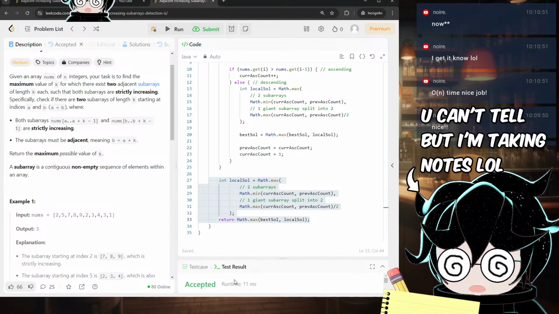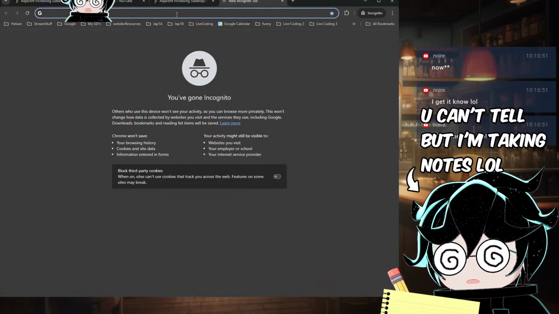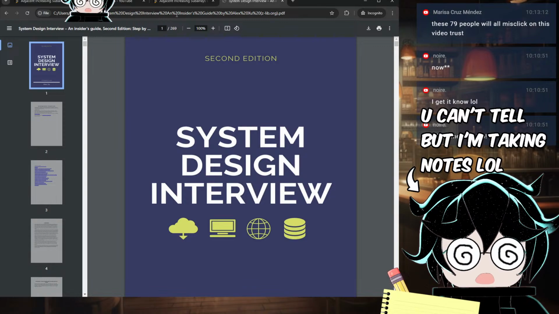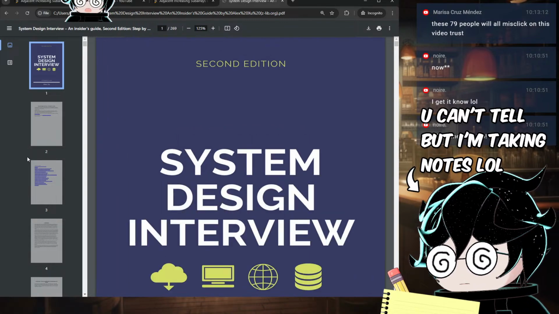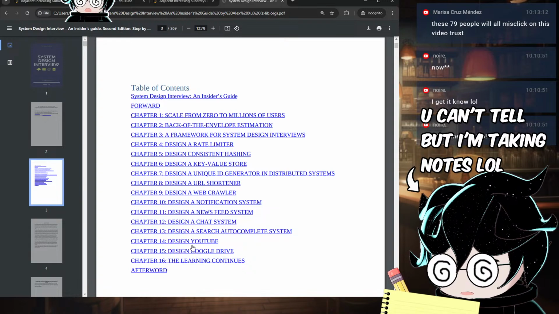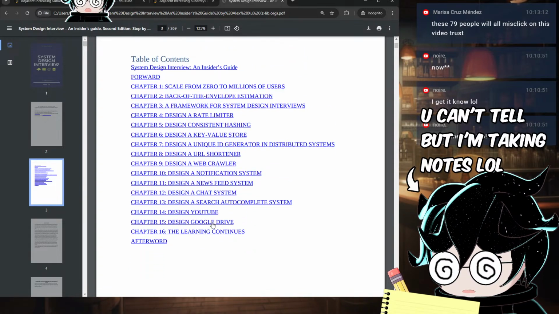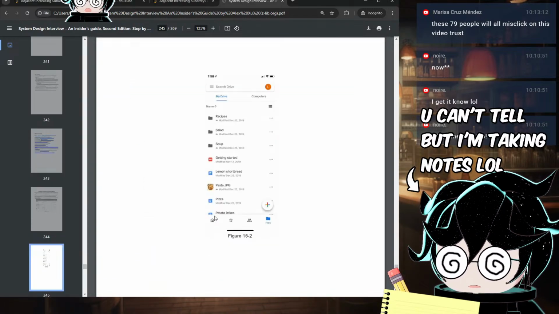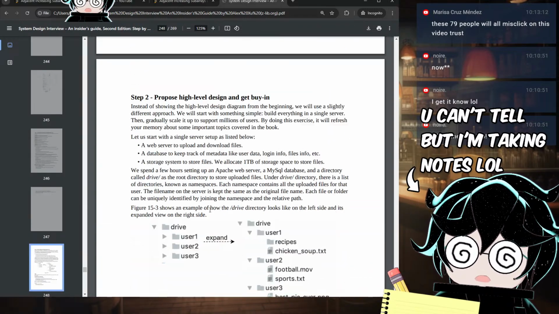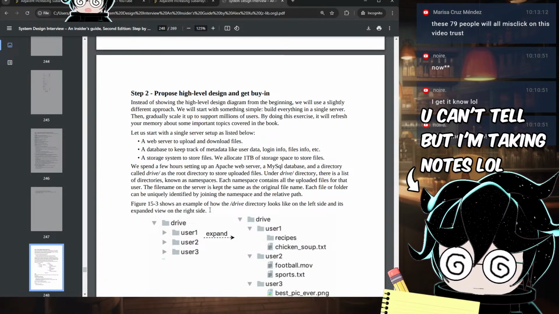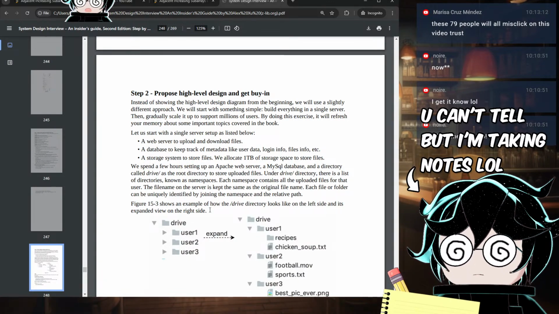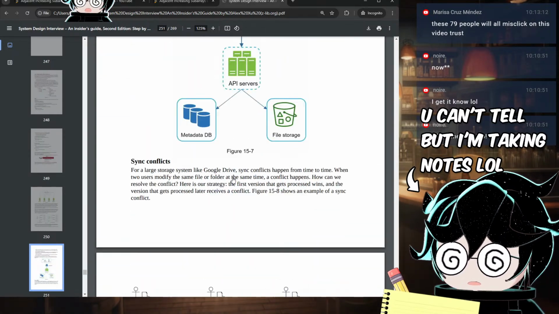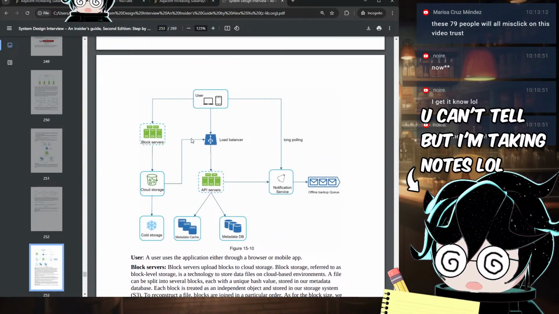Okay, so in case you're new here, this is the part of the stream where I'll be a bit more silent than usual, because I'm just reading and taking notes. We're really close to the end of this book. We were learning how to design Google Drive, the system design of Google Drive. I think we read the in-depth design last time, so I'll probably just review it again this time and make sure I understand everything. We reviewed this part a lot, so